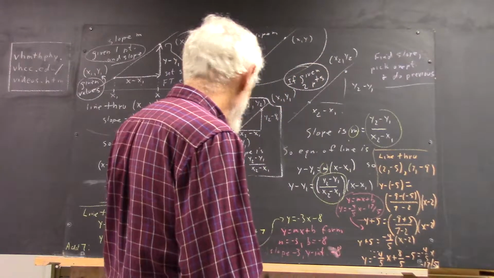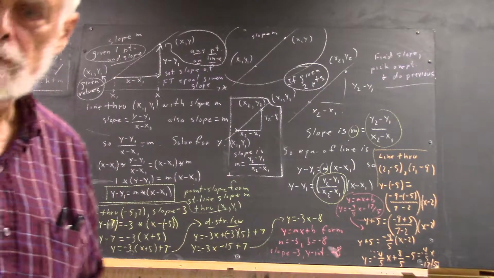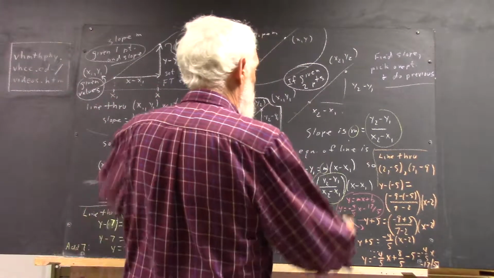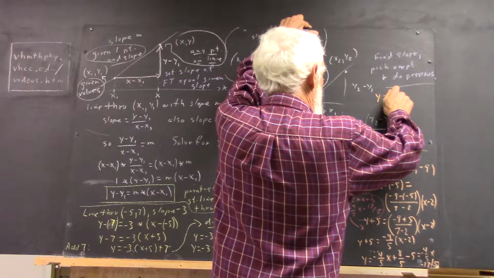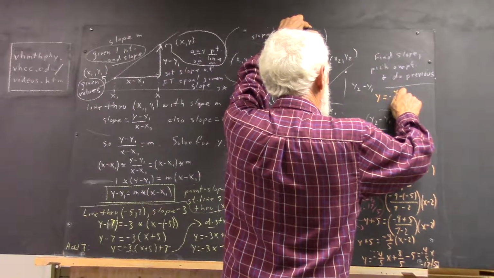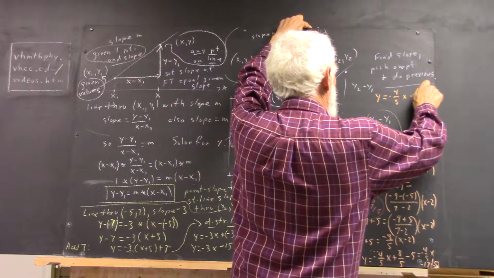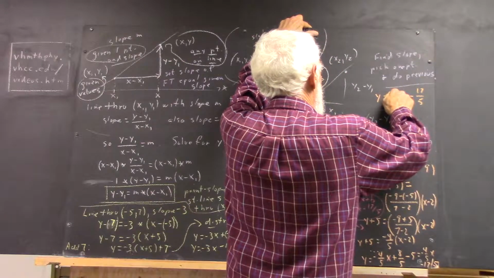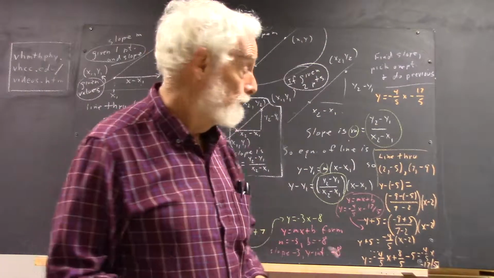So that my equation became y equals -4/5 x minus 17/5. Now remember, the very first thing we did was we worked on the operations for fractions, okay, in the